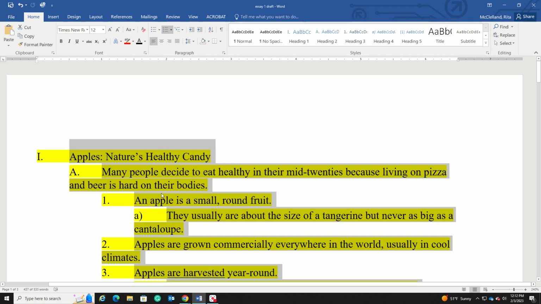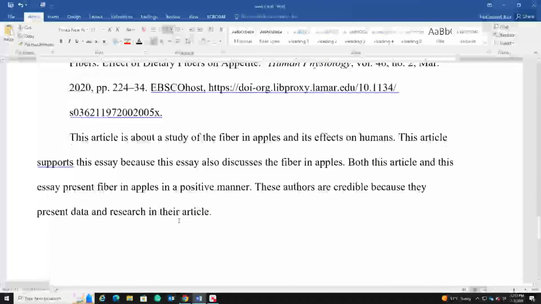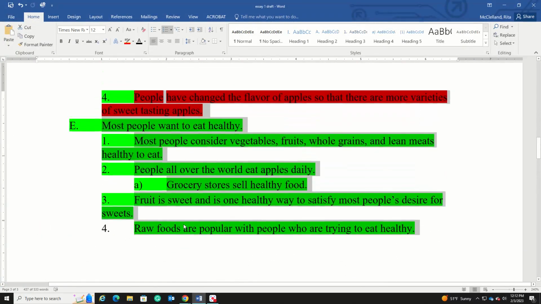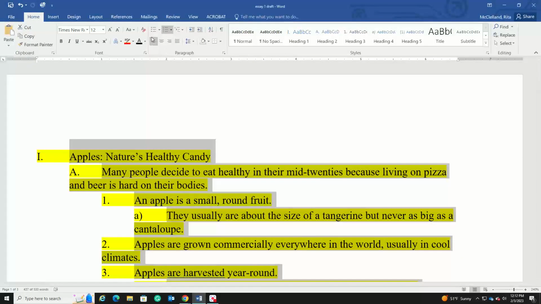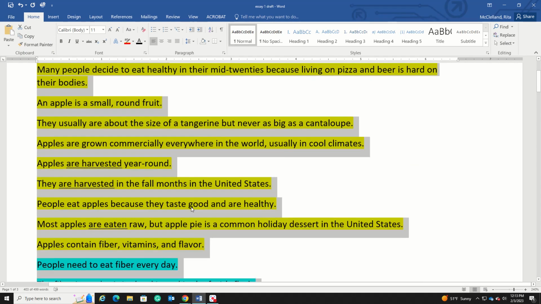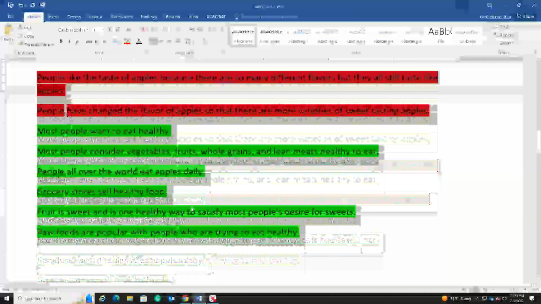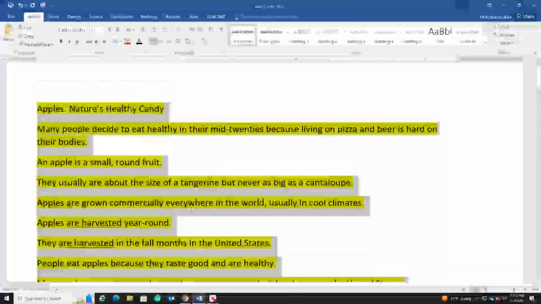So I've highlighted my entire outline. I did not highlight my works cited page at all, just the outline. And I'm going to remove that formatting. And the way I'm going to do it is by clicking Clear All Formatting. And see, it took all my outline off, and it kept everything. It did keep my highlighting,